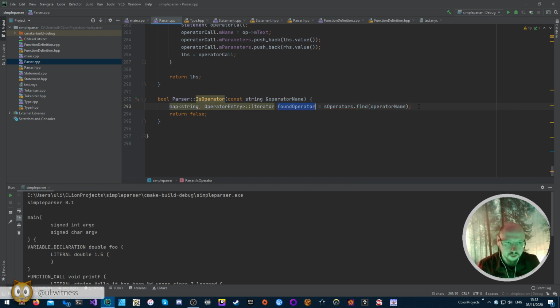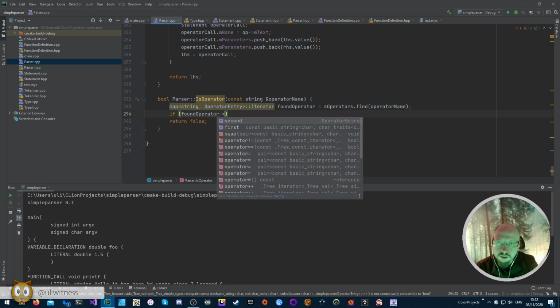So now we have found operator, and now we can say if found operator